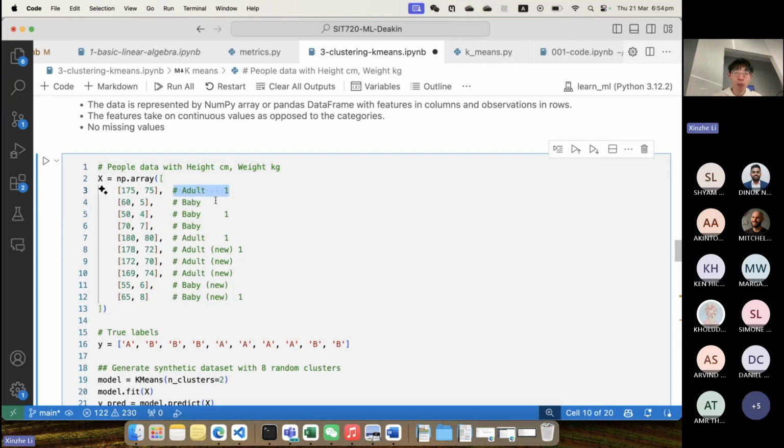Actually, I gave you label here, but in clustering we don't have label. But in some case, we have some intuitive understanding of data before doing clustering, so we can have a hypothesis. Actually, don't think about clustering so far. Before doing clustering, I have a hypothesis that this data